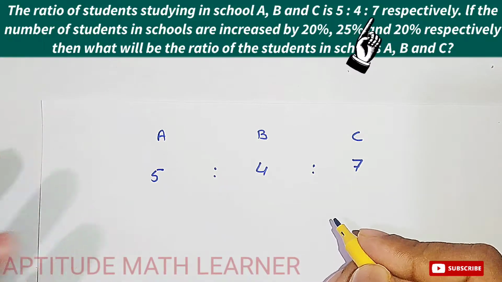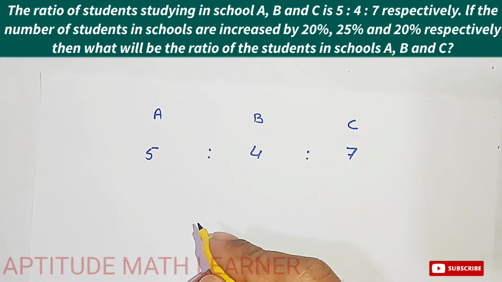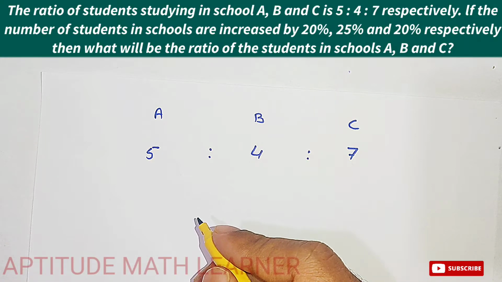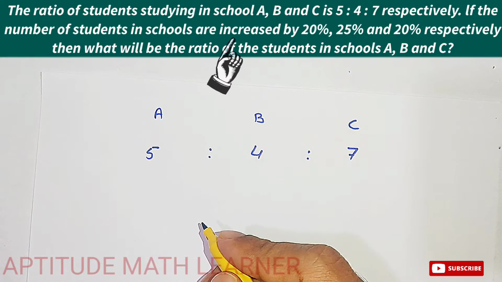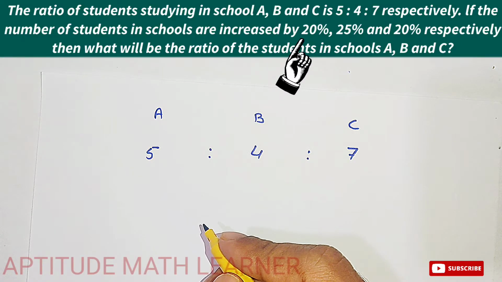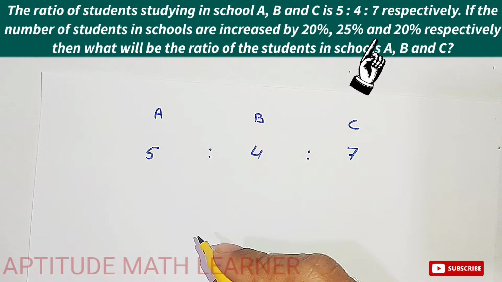So if we increase the number of students by 20%, 25% and 20%,